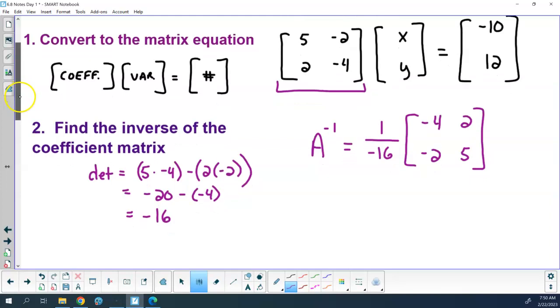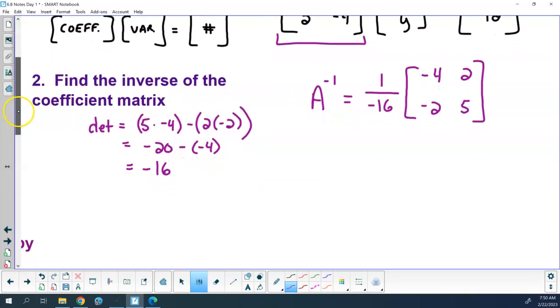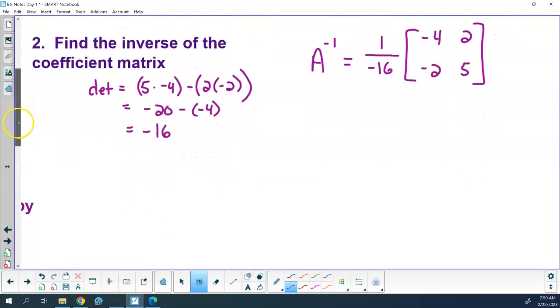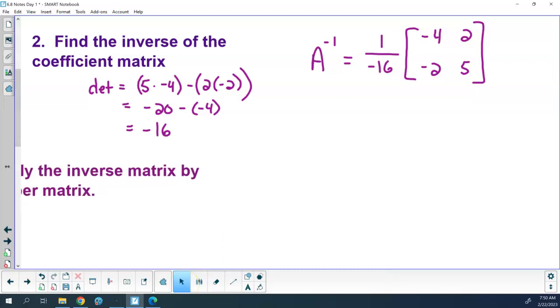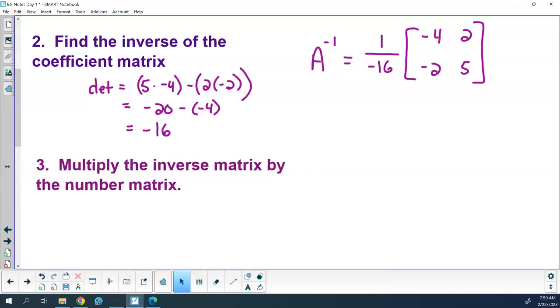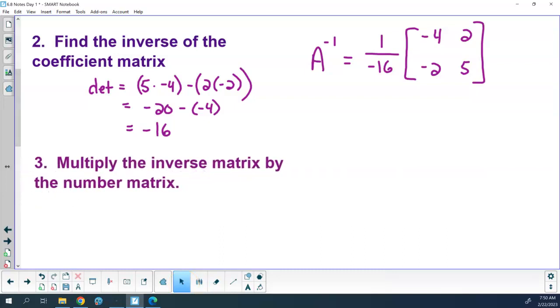Okay. Now it's going to be easy for you to see your work flowing. I've got to scroll down, and so it'll take me just a little bit to write down some stuff here, but that's okay, because it'll take you some time to write down the stuff. So now what we're going to do is multiply that inverse matrix by the number matrix. And we're going to do it in a specific order. Okay? So that order is going to look like,